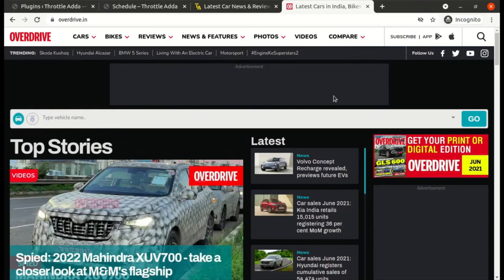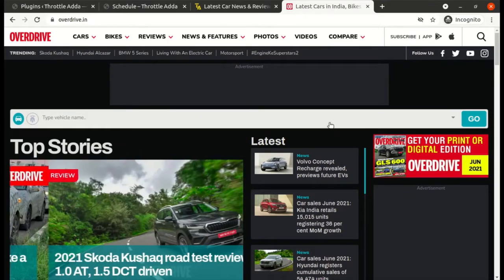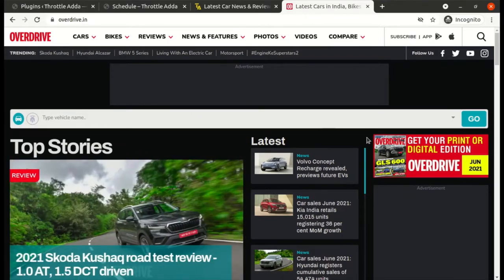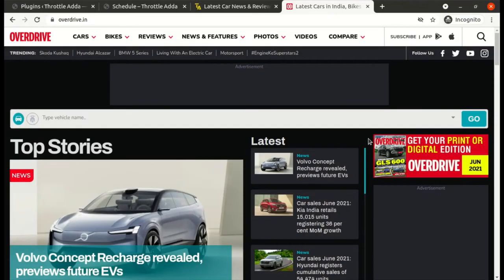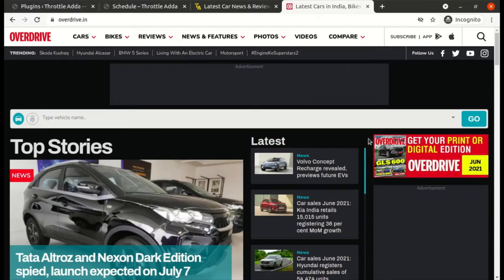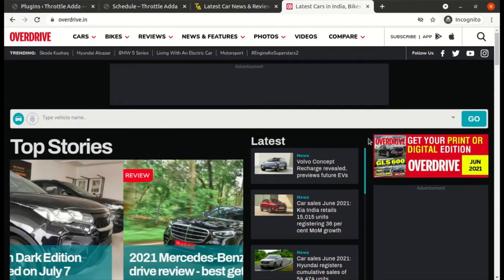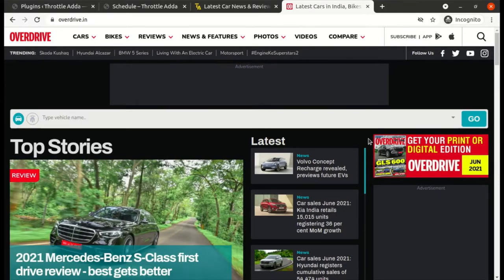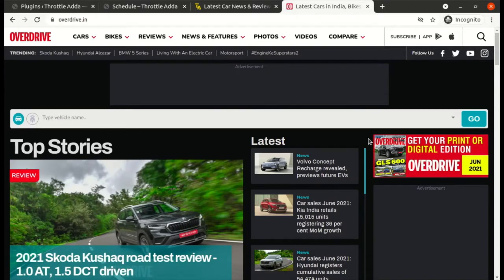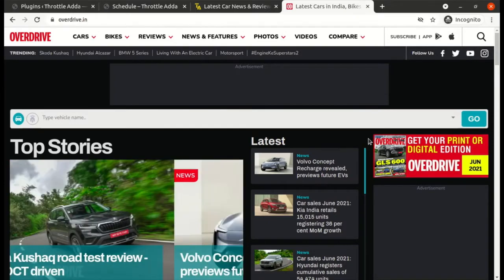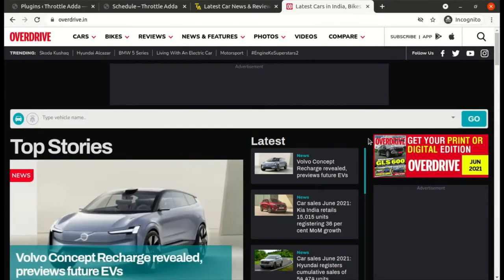So what we are looking at is Overdrive as a reference website. Now Overdrive also is a content heavy website, so they have structured their website in such a way that they can show more and more data at a single glance. So if I'm in the first section of the website, first fold of the website, I can see so many articles over here.